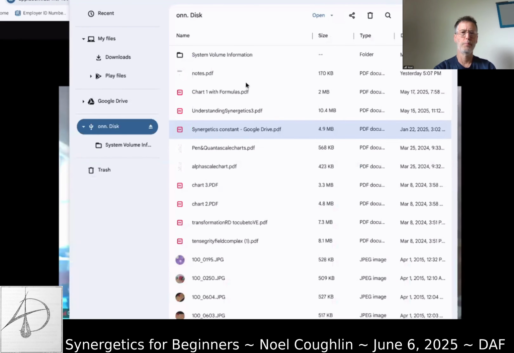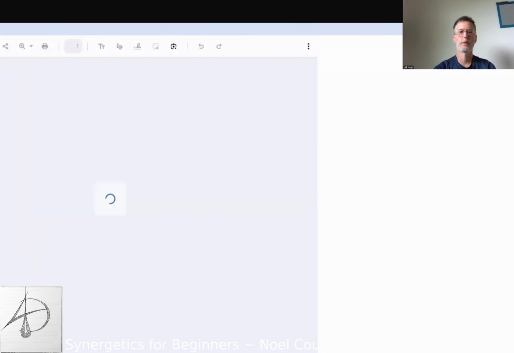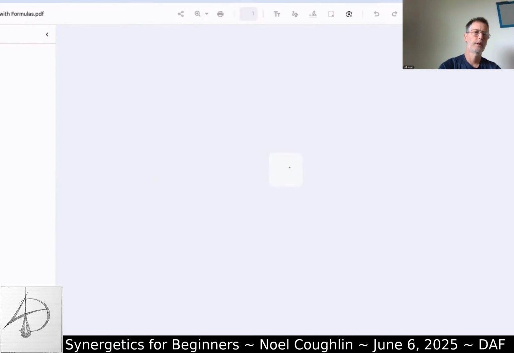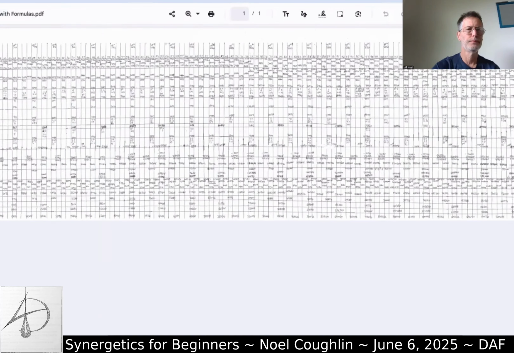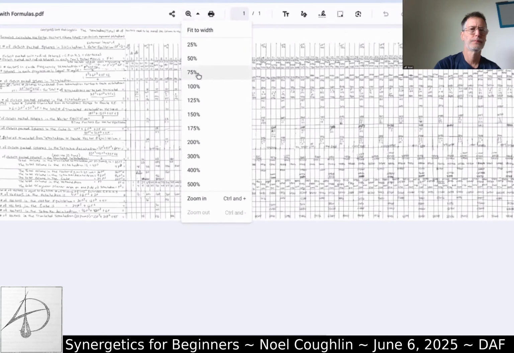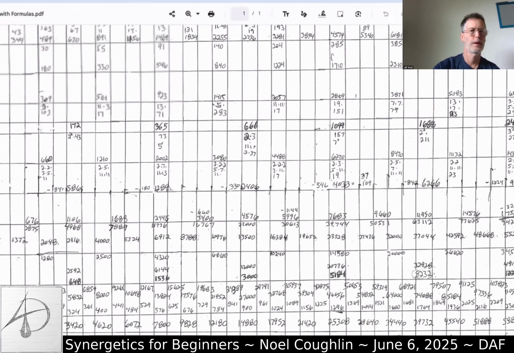Hopefully this stuff will all pull up fast. I try to. And I'll show some more pictures in a second. I guess this computer's just going to go as fast as it can, so we'll be patient with it. So